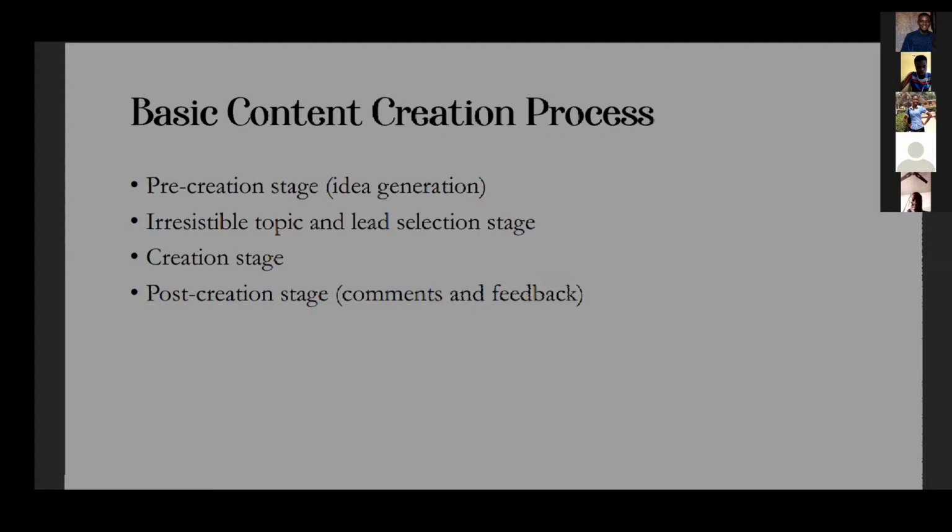First thing you have to do is to go back and, of course, generate an idea. What will be the concept you want to use in communicating your idea, which is actually going to look different from others? Number two is the irresistible topic and leading selection stage. So your title, you have to look out for the topic which is going to be irresistible, that is going to keep your readers attached. It's funny how we see stuff and then we don't want to take our eyes off it the second time. So the topic, the catchment, is also very important.